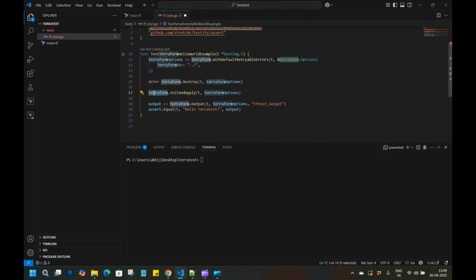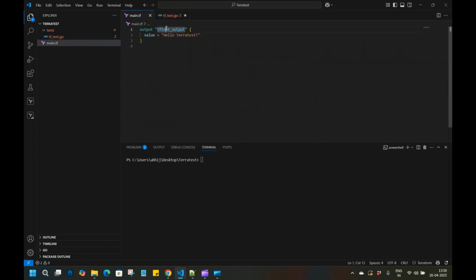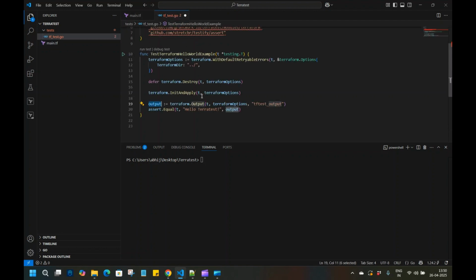And then after that we have Terraform init and apply. So Terraform's behavior is that it first initializes and then applies, right? That is what it's doing here, Terraform init and apply, and then we are checking the output. Here we are taking the output, basically the output name, and taking this output value